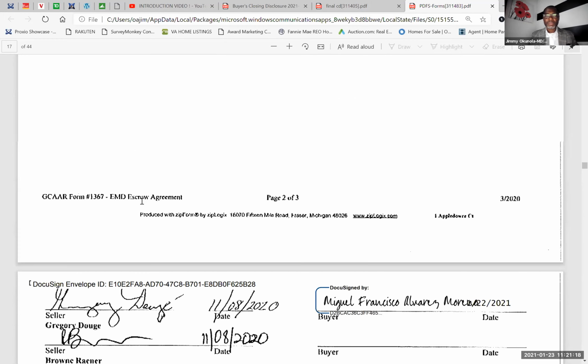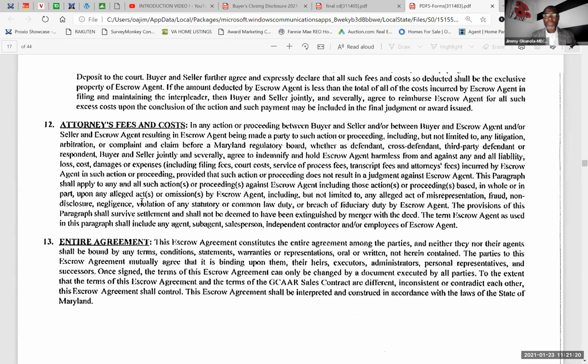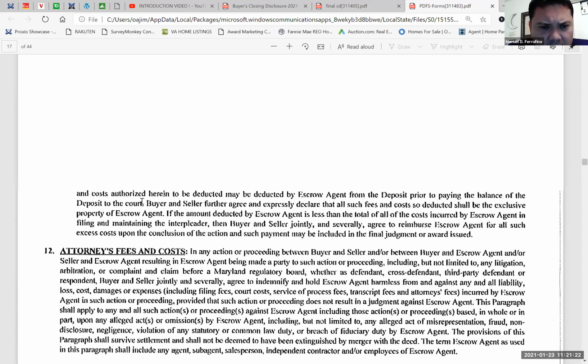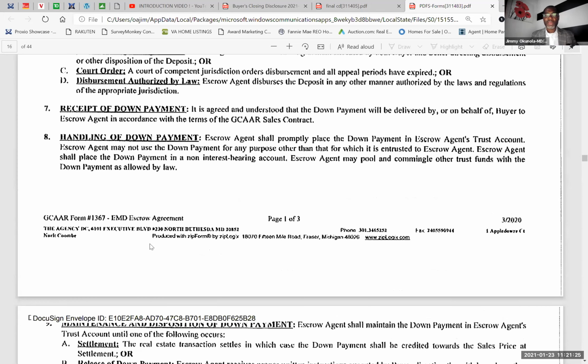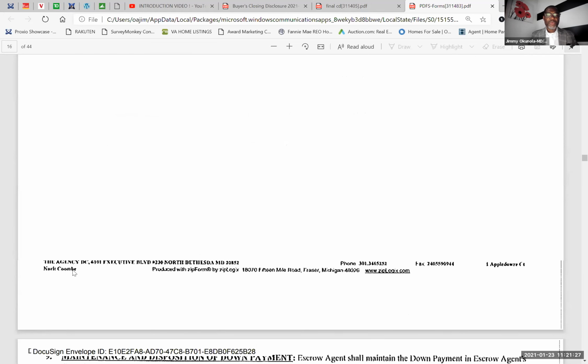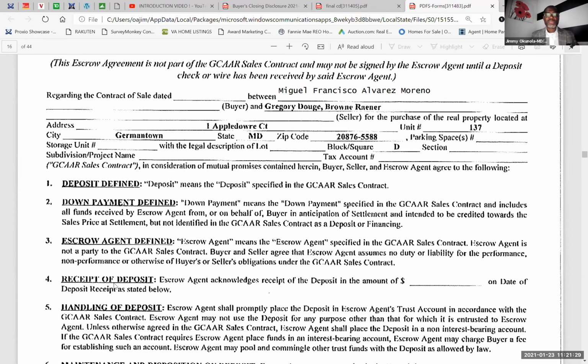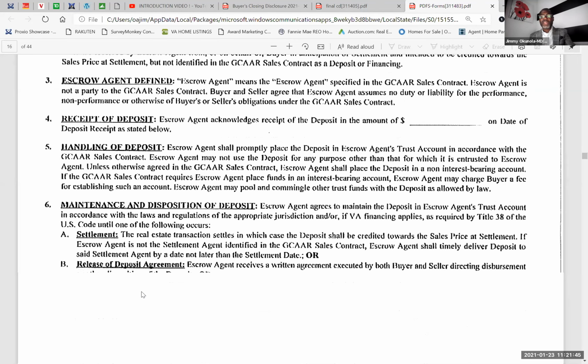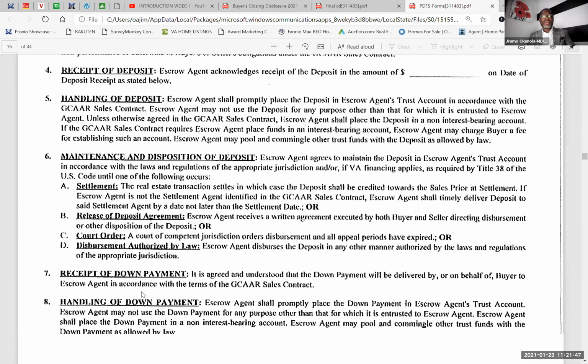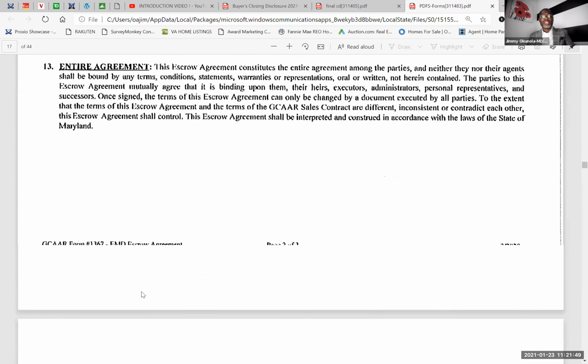Okay. No, I'm sorry. I think I missed a blank. There was a blank right here. Number 4, because this is a GCAAR, this is what it is. The receipt of the, this is what I'm saying, when they receive it, they would say how much they received, and on the receipt they say date of deposit receipt as stated below. They'll fill that out. We got a $2,500 check, and down here where they sign it,